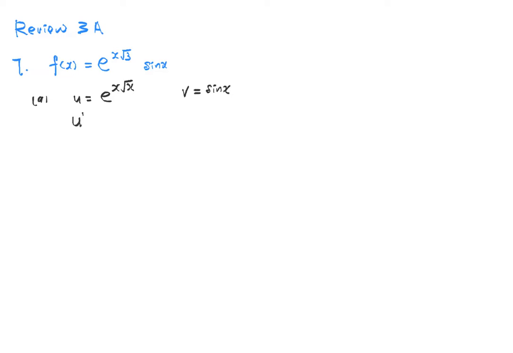Okay, U prime is root 3, not root x. We copy down the whole thing. Then the derivative of x root 3 is root 3, okay? V prime, differentiate sin, you get cos. So your f prime x will be